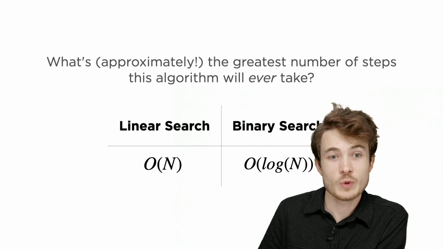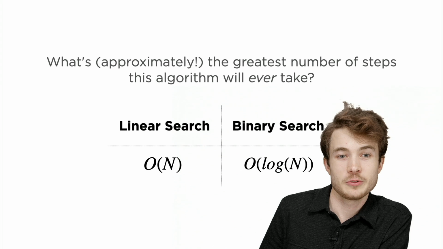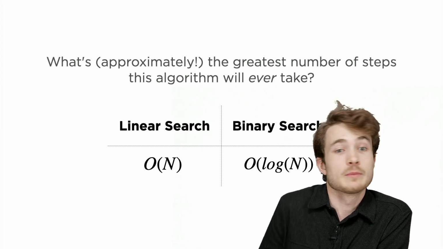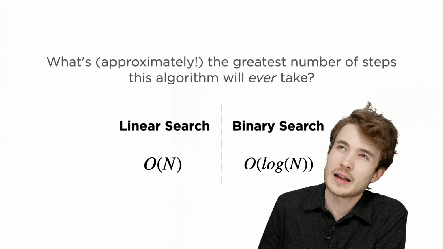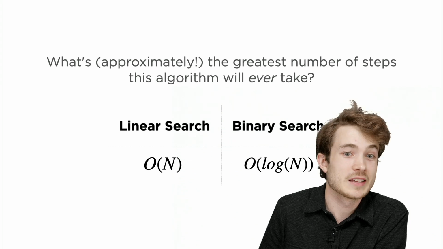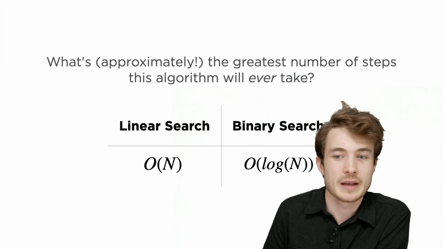Question, is there a faster way than binary search? It's a good question. So if you get really into this, you can find other kinds of algorithms to search data. And there might be cases that could be a little faster than binary search. I don't know off the top of my head, but certainly there are researchers who are working on that kind of thing, to figure out how to write a faster algorithm than, for instance, something like binary search.